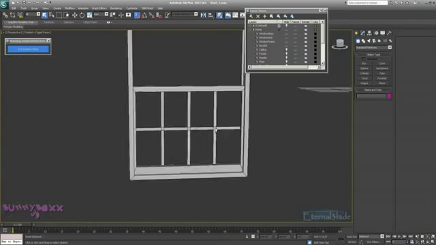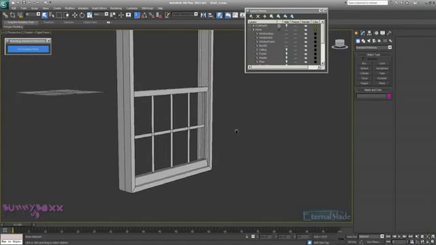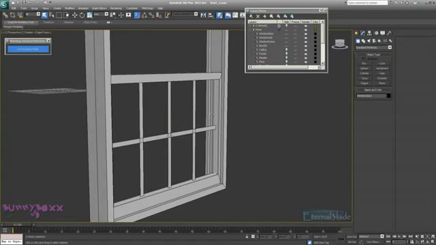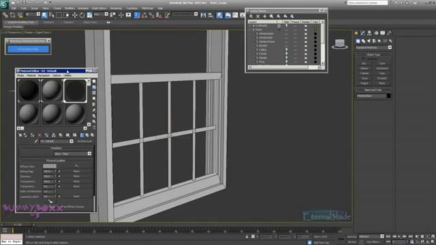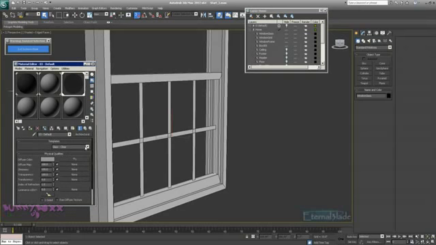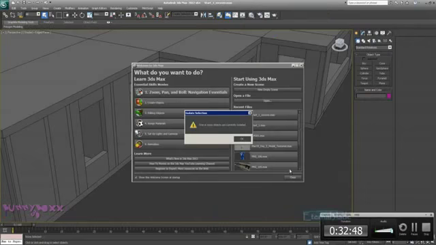Okay, so there's our glass shader in there. Let's bring up this again. Shininess. Okay, so